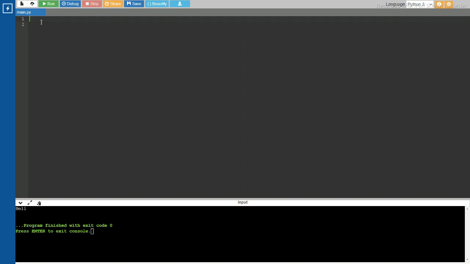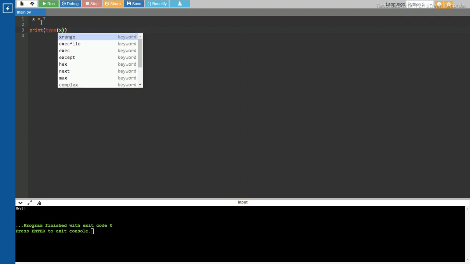Now, to get the type of the data, we need to type code, as I said in our last video. Let me take x = 7. Then let me print the type of x.